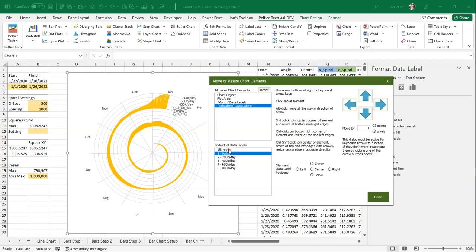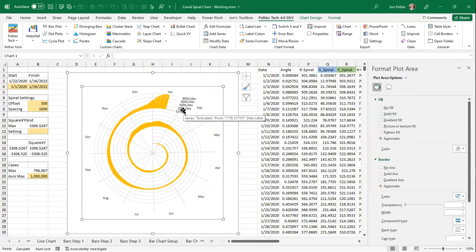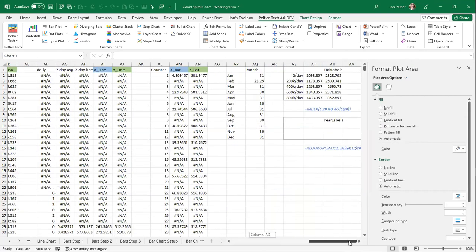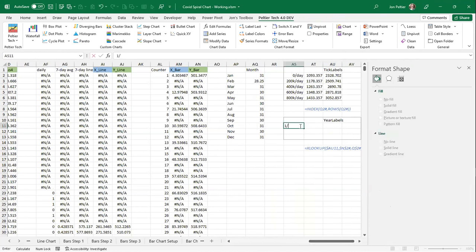No. Okay, so that's not working. I'm going to have to debug that, but I'm not going to worry about that. So now I'm just positioning it so that they're lined up pretty well with those lines. And now I have one more set of labels I'm going to do. And I'm going to type a date here, and let's try